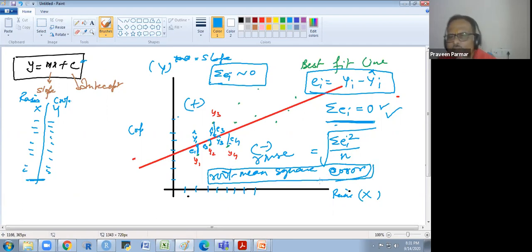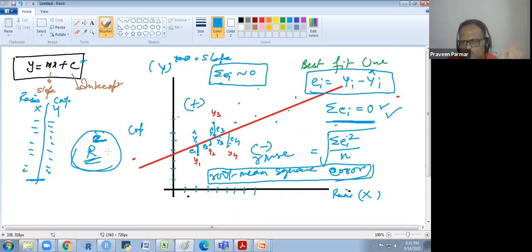Besides RMSE, one more measure is the R square, that is the coefficient of determination, which I will explain. There are various methods to find the R square, one through the coefficient, another through some other method also. For the root mean square error, we divide the data in two parts, training and testing, you know that.